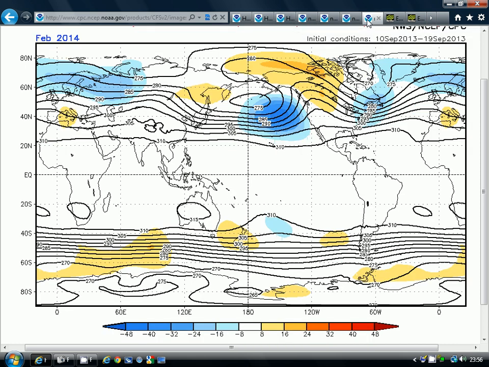And as we move through to February, this is the 700 millibar height anomaly signal from the CFS version 2 model for February. We've got a trough of low pressure more or less to the northeast of the country, and also around the east of the United States. Presumably there's some sort of ridge in the Atlantic. Again, that is not a particularly cold signal for February.